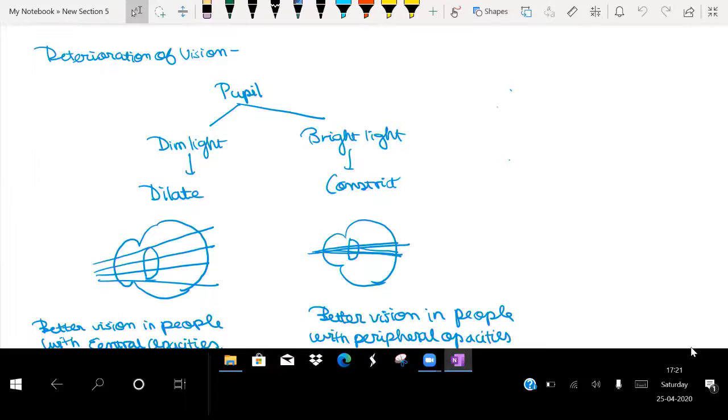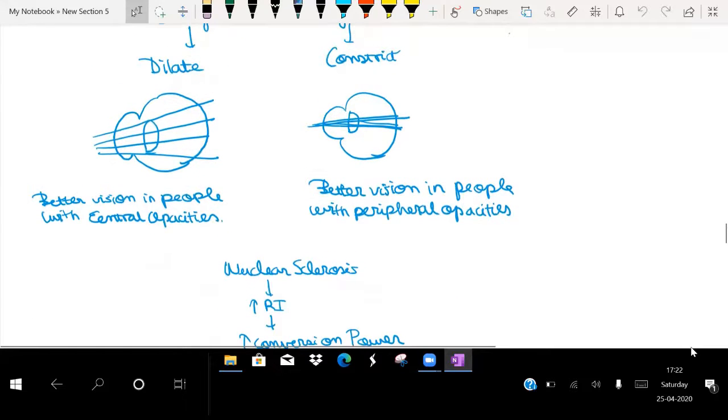It is seen that in dim light, people with central opacities have better vision. But in bright light, the pupils are constricted, so most of the rays pass through the center of the lens. So in bright light, people with peripheral opacities will have better vision because the nucleus and central part is